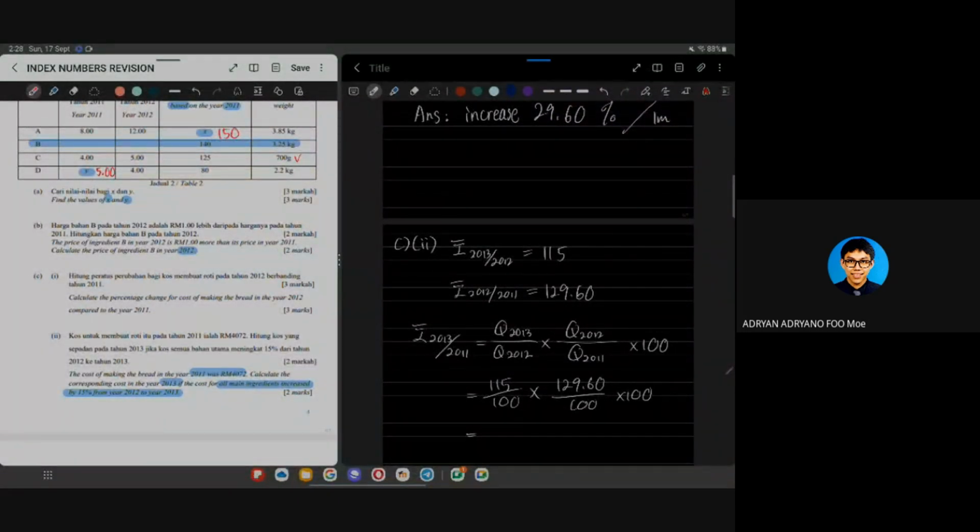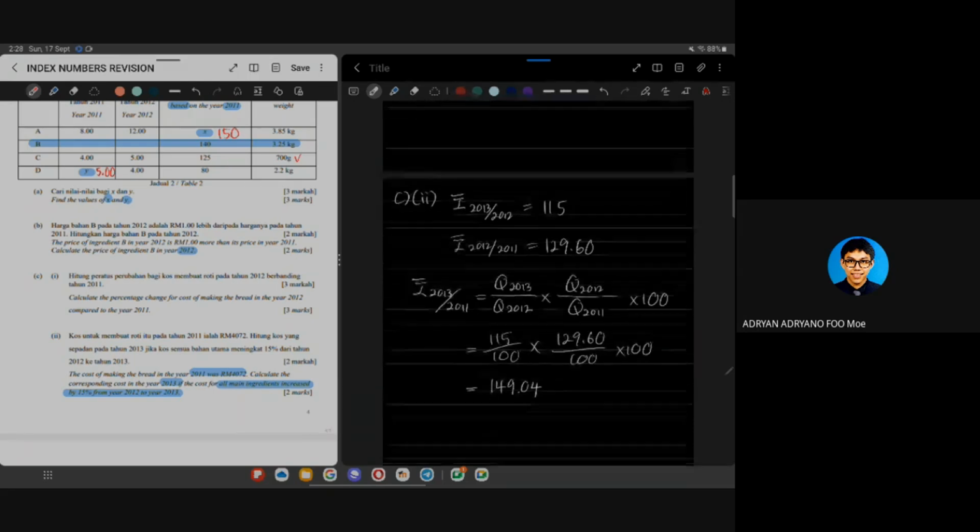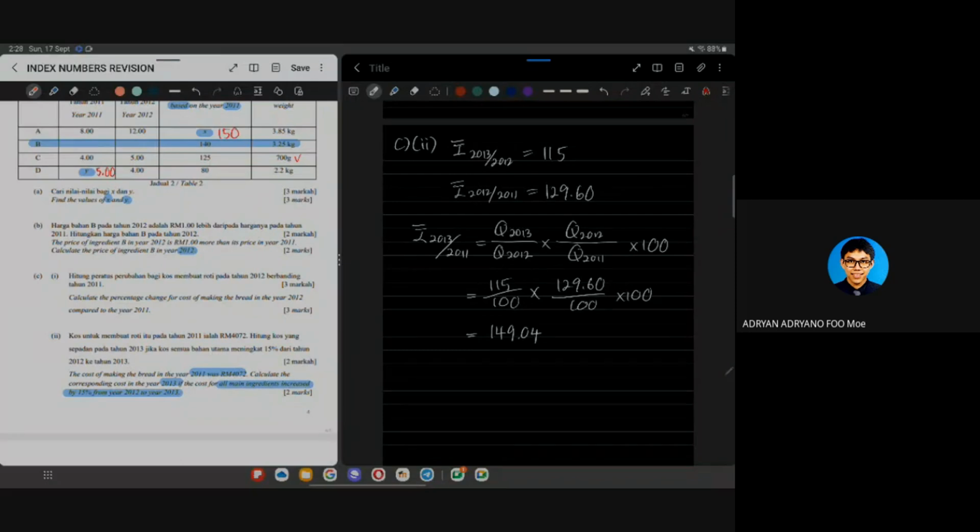115 times 129.6 divide 100. I will get 149.04. Okay. But this 149.04 is not what I want, you know. I want the cost in 2013. So what to do? 2013 over 4072, right? Times 100 equal 149.04. So Q 2013 would be